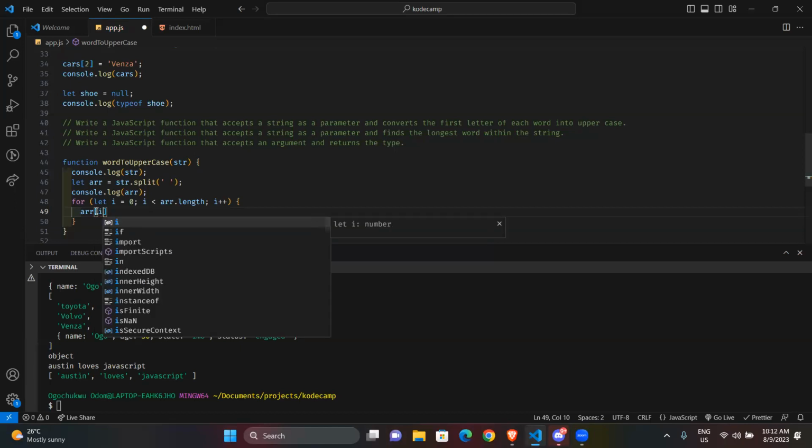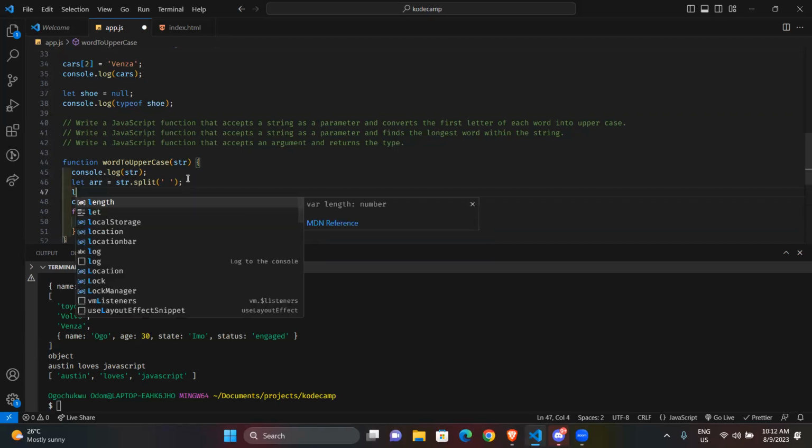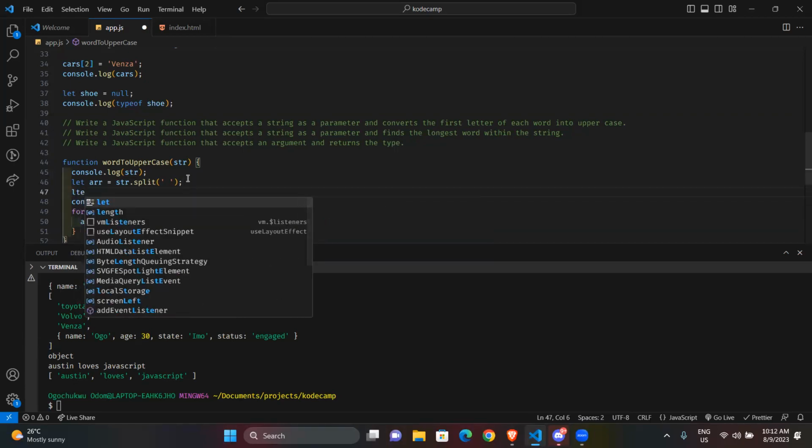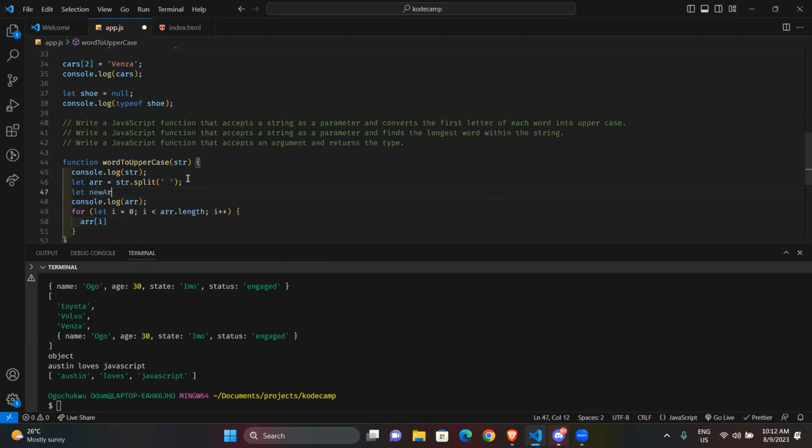So that specific array. I know there's something I actually skipped here. I'm supposed to do let new array, because I want to push it back. So I've gotten the first array, and I want to put it inside another array.